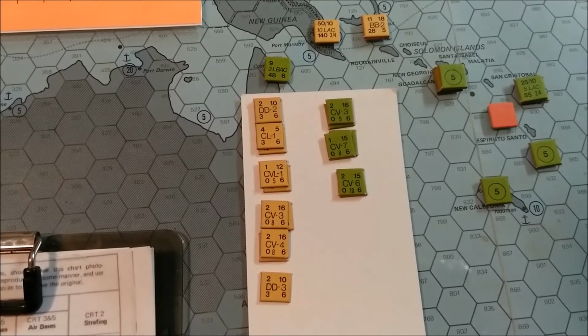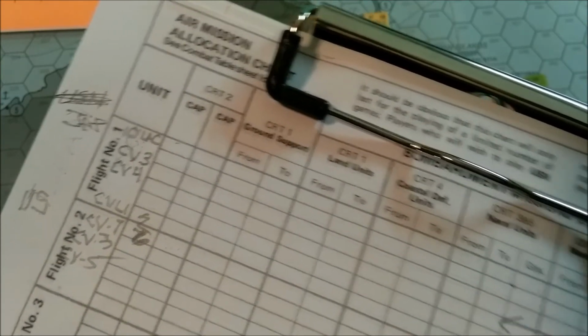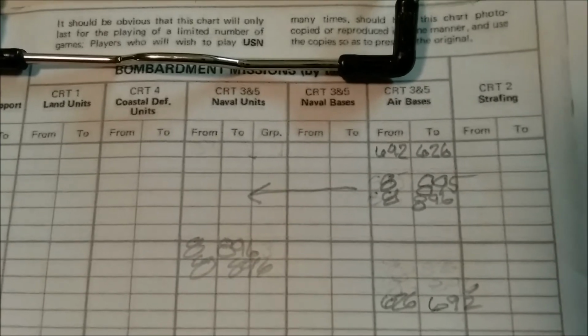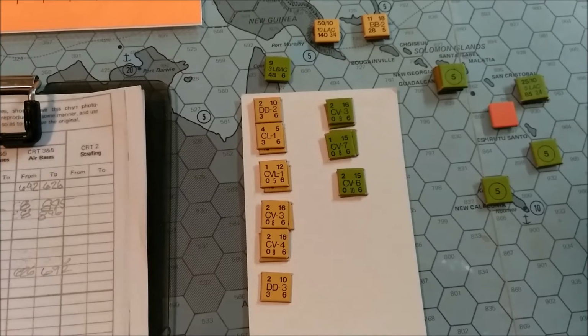On the sheet over here, which is the air allocation mission chart, which I'm just going to give you a quick glance, based upon where the air units are based, either a land or carrier, you will assign how many units of that carrier or base are going to attack which naval units or perform any air missions by writing down that target. I think I'm also supposed to write down the actual grouping of 2 units of each